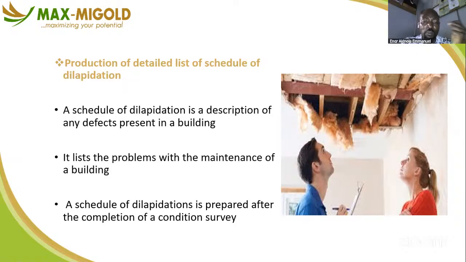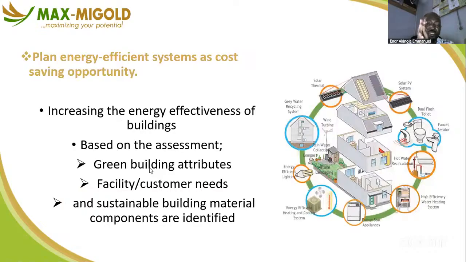A schedule of dilapidation is prepared after the completion of a condition survey, or most of the time when you are taking over your facility. Then, part of what you gain when you do your condition assessment thoroughly is that it helps you to increase plant energy efficiency systems as cost saving opportunities. For instance, when you do the assessment, the roof